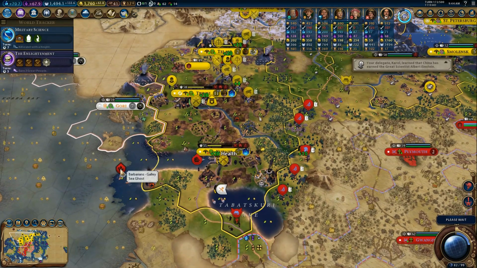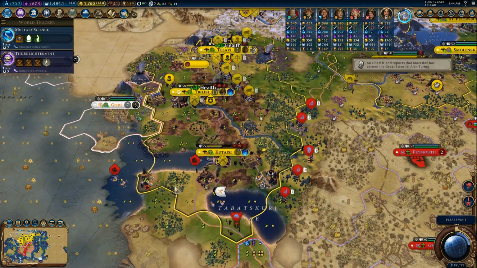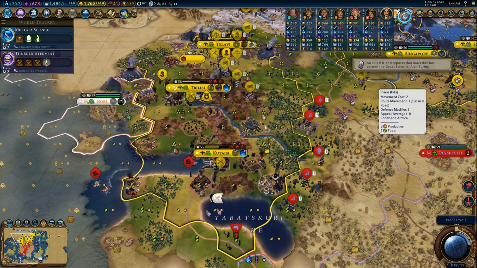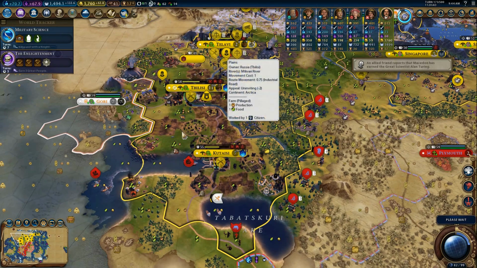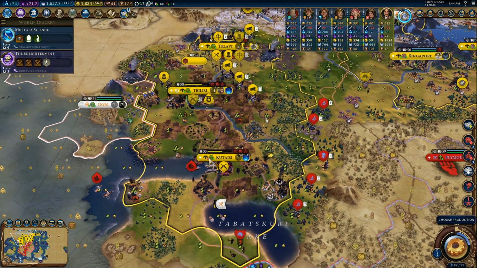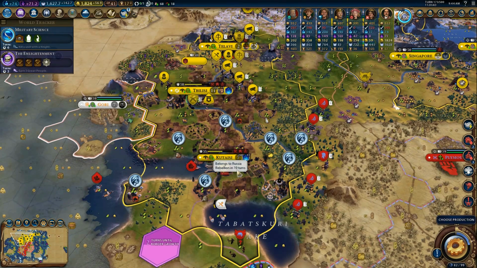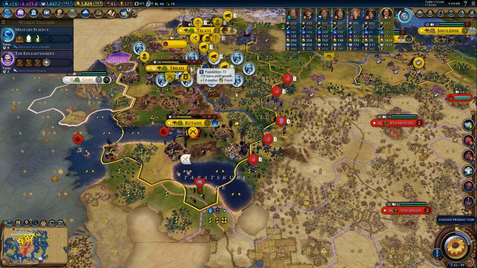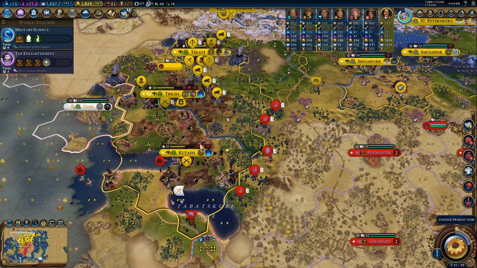Okay, here's some barbarian ships that are actually kind of dangerous. They've got a privateer. So we'll see if I can't deal with that. I don't know how much of a priority it is right now. Actually, ooh. Okay, so I am slightly having loyalty issues there. Really? I kind of figured with this 11 population city that I'd be pretty much fine over here. I guess I'll try and get some...